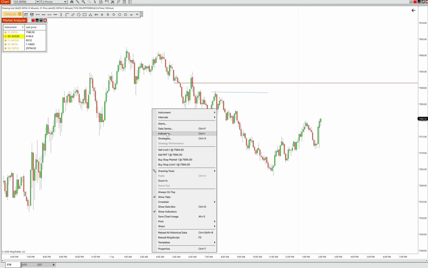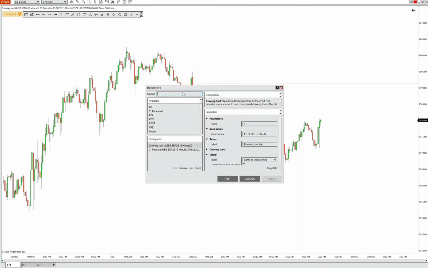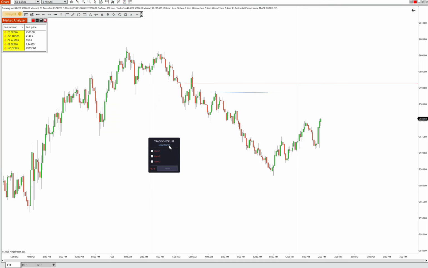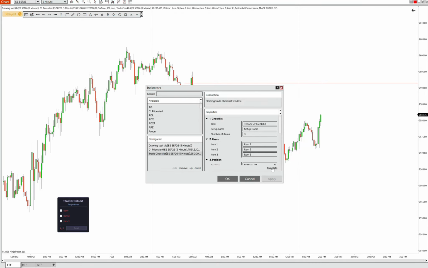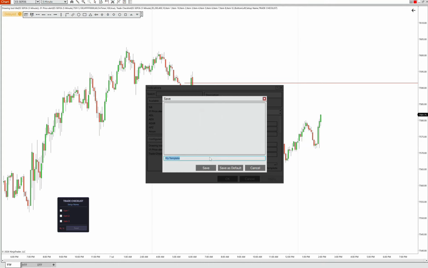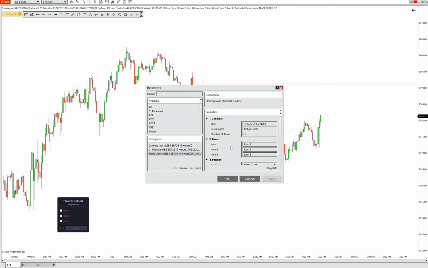Now, the third thing is I have a trade checklist. We have items here: trade checklist, setup name. All these are configurable. You can configure them in the indicators. If you have multiple setups, like I have trading time frame strategies and higher time frame strategies, I will save each template as higher time frame or trading time frame. Once I save them, I can load that on the chart